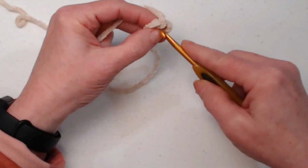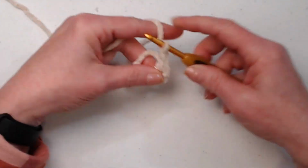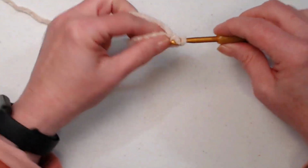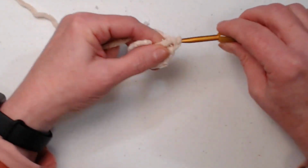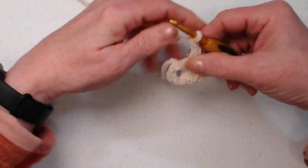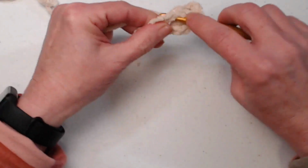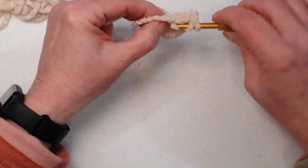All right, so we're going to go in, pull up a loop, and chain 3. All right, now I'm going to stitch 2 more double crochets. 1 and 2. And chain 2. All right, now I'm going to do 3 double crochets. 1, 2, and 3,